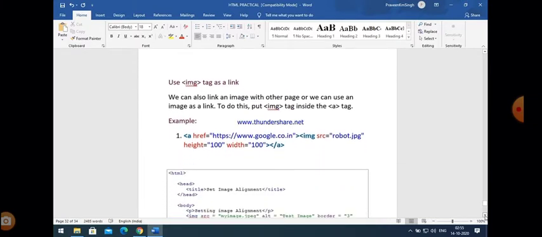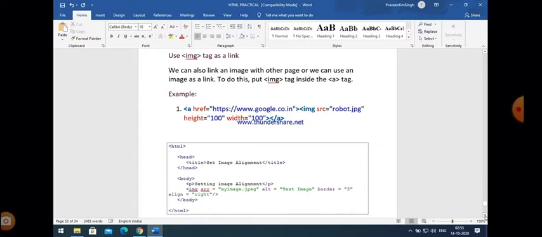And another important thing regarding image, you can use image as a link also. We will discuss link in our next program, but when we talk about image, it is a very important point that we can use image as a link also. You can easily see that in the link we use the anchor tag defined with a, and within the anchor tag, instead of a message, I just put an image, img src robot.jpg, which basically works as a link.